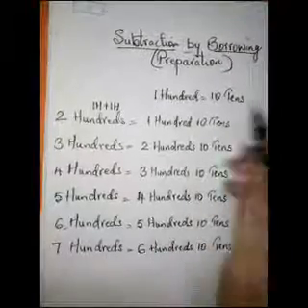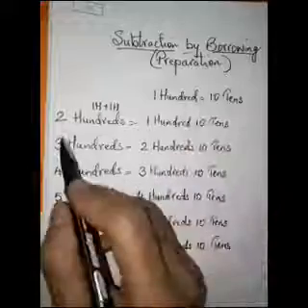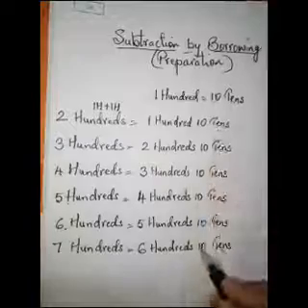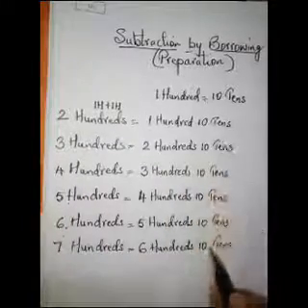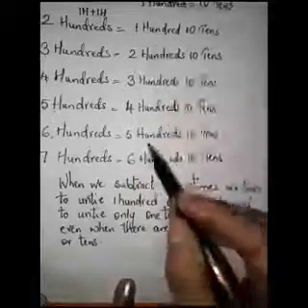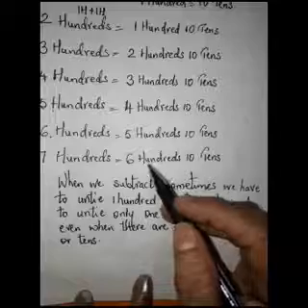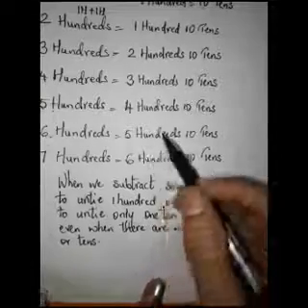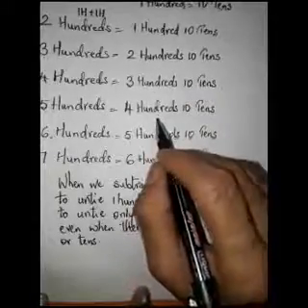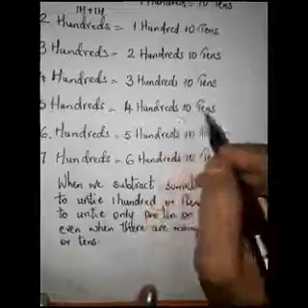So for that, do remember 100 is equal to 10 tens. From all this, you'll take 1 hundred and convert it into 10 tens. Children, I taught you all this because if you understand this, then you will be able to do sums based on subtraction by borrowing. You will be able to do the sums properly, which I am going to teach you all. Those are sums of subtraction by borrowing.